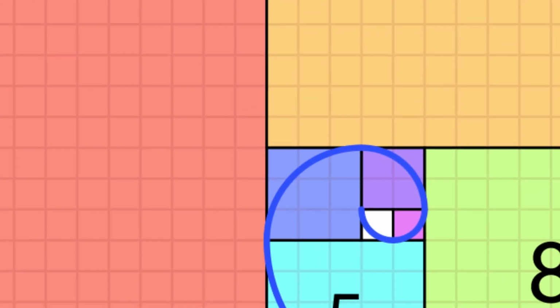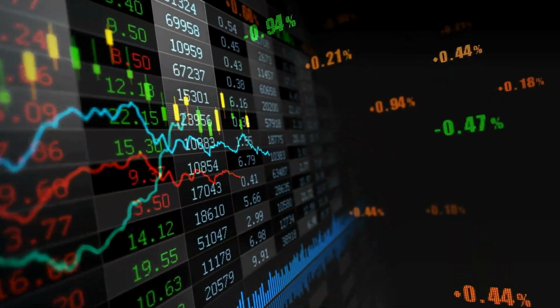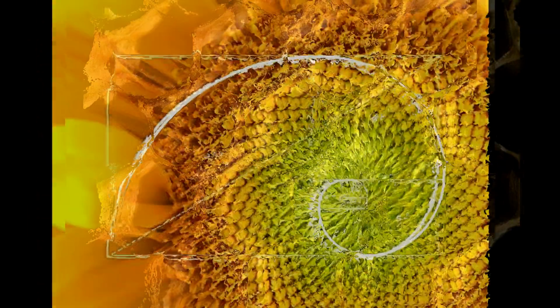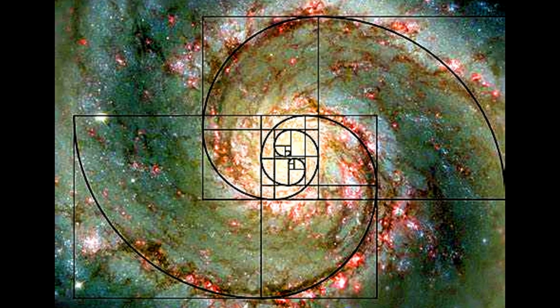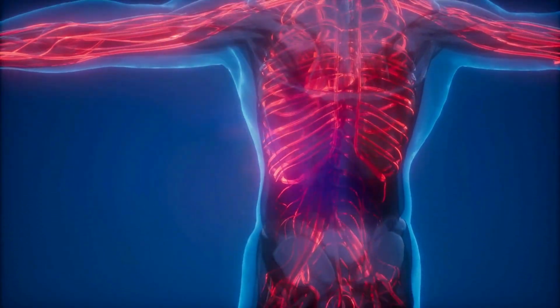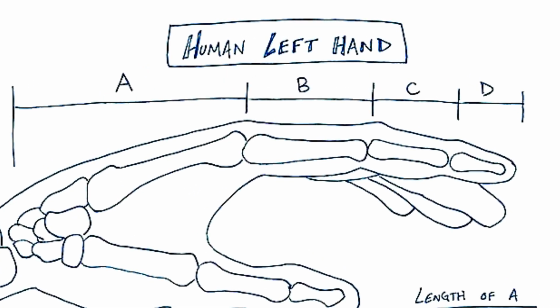The Fibonacci sequence is used in various aspects of life and nature. It's used in financial markets for technical analysis, appears in the structure of honeycombs by bees, and can be seen in the arrangement of flower petals and tree branches. Even the spiral patterns of galaxies follow principles of the Fibonacci sequence. Even our own bodies exhibit signs of the sequence. Our bones grow according to Fibonacci ratios,